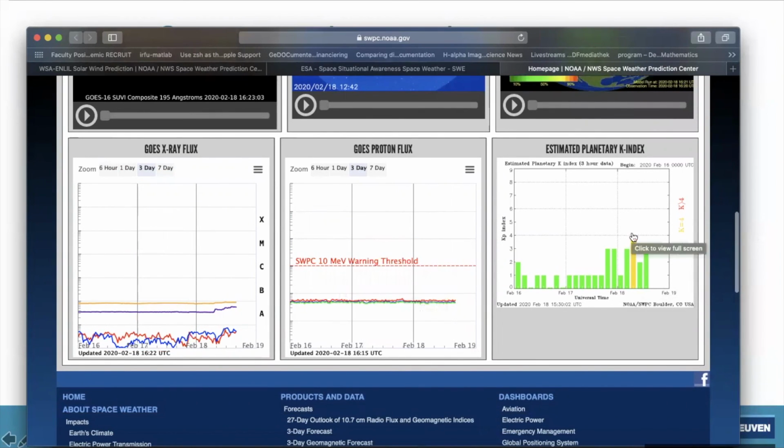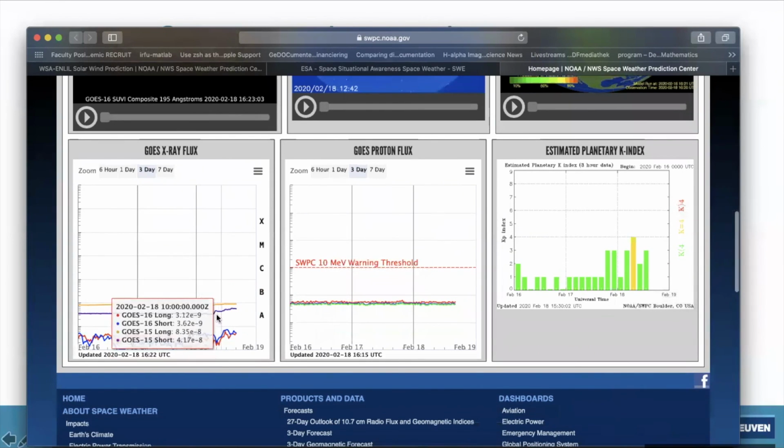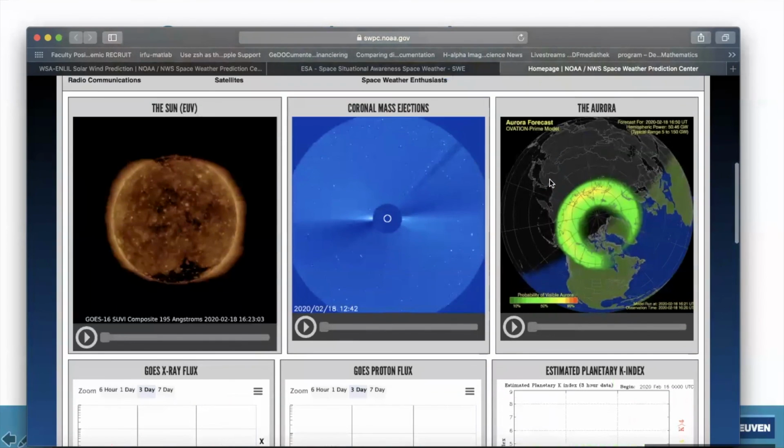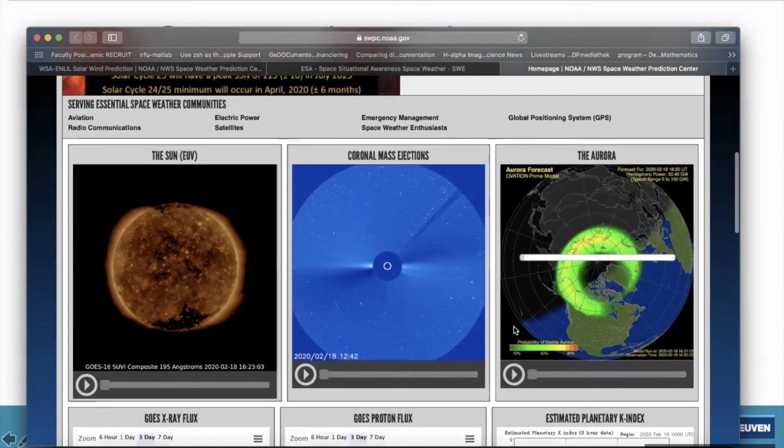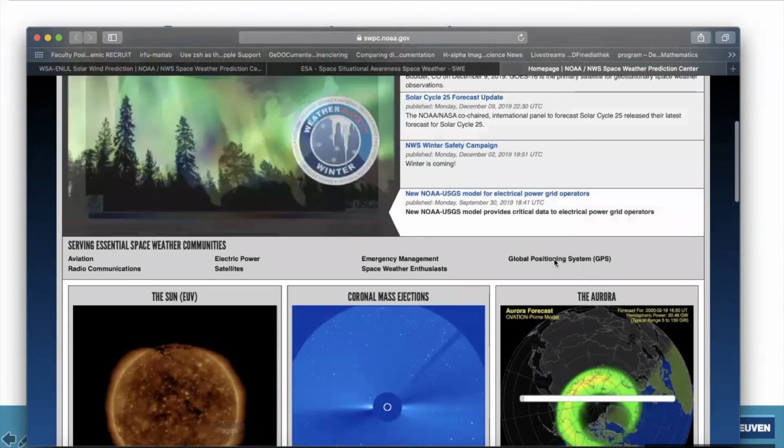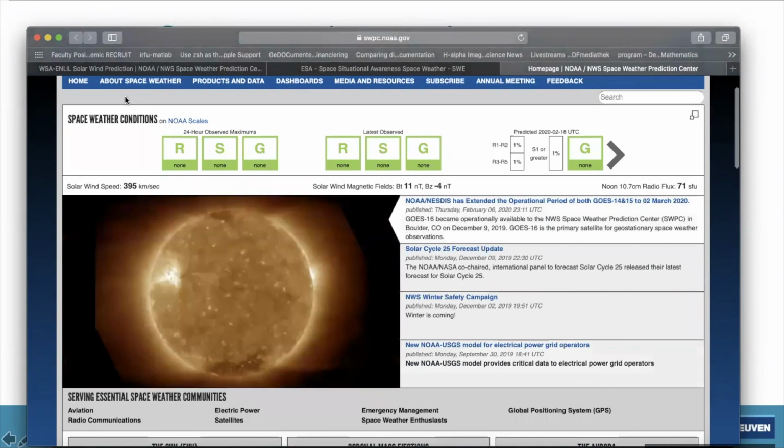This is very weak in yellow. It's only important when it becomes red. Here there is some activity happening here. It's not quite as quiet as the previous day, but not so much. A nice feature of the American system is this aurora forecast that tells you where the aurora is going to happen. It's very convenient if you want to go on travel to North Pole or something closer to the North Pole. Then you may want to use this one to see whether you are likely to see northern lights. So that's the American website. These are the two main